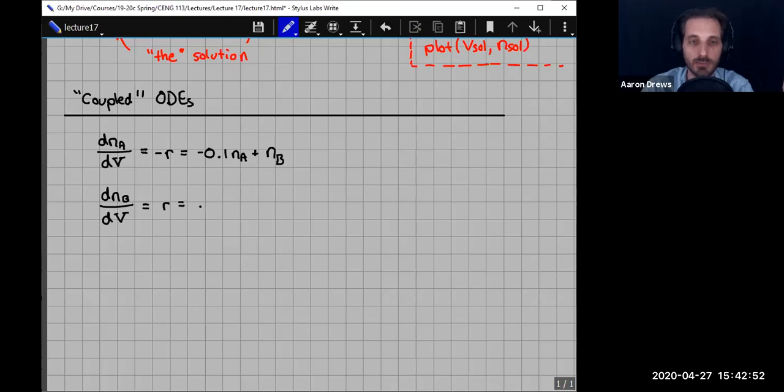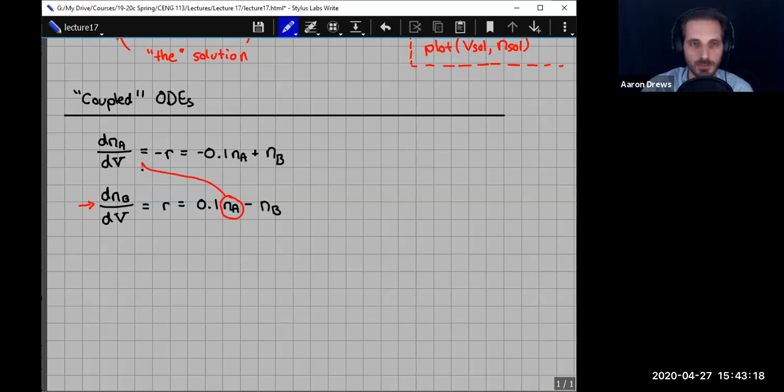This function will be a little bit different, right? This one, if you're making v, might be 0.1 Na minus nb. And don't worry about where those functions came from. That's the topic for the next like 5 lectures, is how to come up with that function. The part that I want to point out is that the ODE for NB contains within it n sub a,